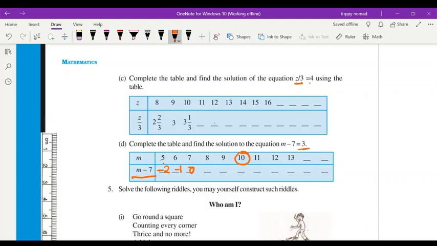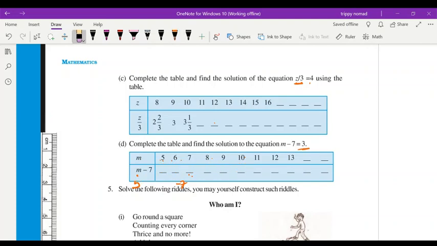m की अलग अलग वैल्यूज में लगा रही हूँ. मैंने 5 minus 7 किया तो आंसर आया minus 2. मैंने 6 minus 7 किया तो आंसर आया minus 1. मैंने 7 minus 7 किया तो आंसर आया 0. Then 8 minus 7 if I will do, I will get 1. If 9 minus 7 I will do, then I will get 2. But if in this case 10 value I will put, okay, then I will get 3. Okay, so this is the way you have to do.